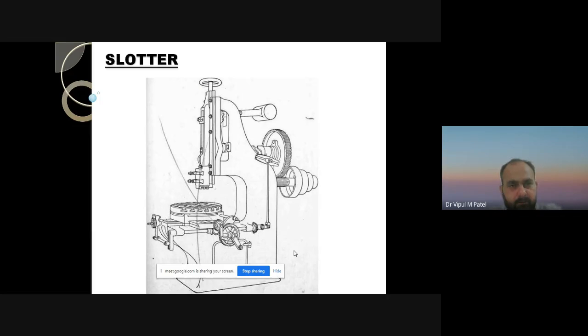But here, in the slotter machine, we can perform the same operations that we have already performed on the shaper machine. But you can see in the figure that the ram reciprocates vertically over the workpiece.